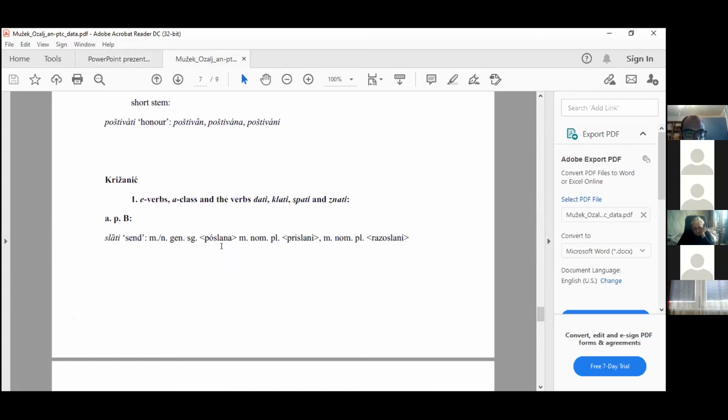For example, we have the form poslana. This is actually a remnant of the nominative dual with accent on the prefix, but prislani and razaslani, where the accent is on the ending. And we conclude that this is secondary